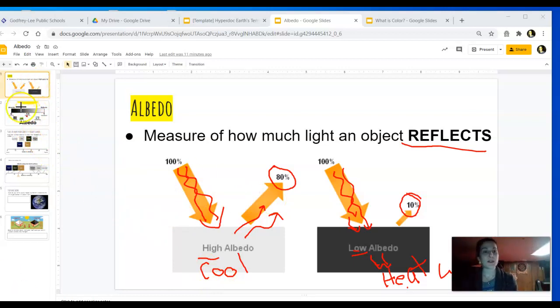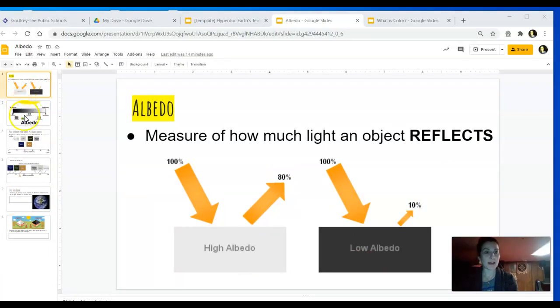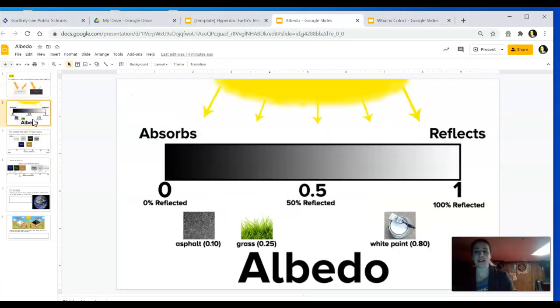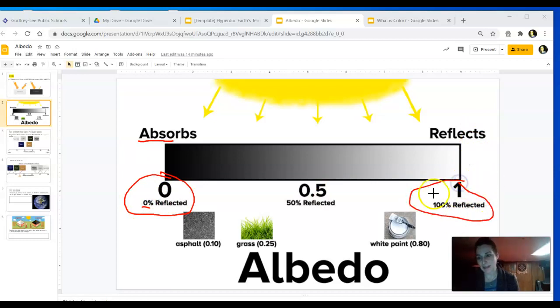So today I would like you to look at albedo and see how that affects the temperature of Earth. So just simply changing the color, how that can either heat up or cool down the Earth depending on how the color is changed. So this is just looking at some of Earth's surface materials. So if something absorbs a lot, it's going to be dark and it's going to reflect very little. And then again, the lighter in color it is, the more light is being reflected and the cooler it will be.